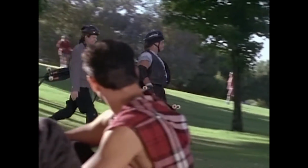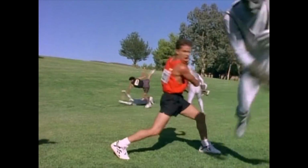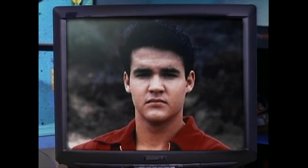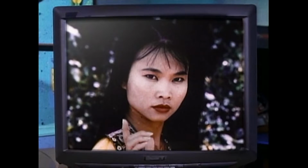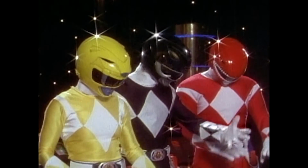The original Red, Yellow, and Black Rangers are relegated to body doubles or recycled footage, while these new characters meet and befriend and gain the trust of the remaining Rangers. Around the same time, we start hearing about an upcoming youth conference on world peace to be held in Switzerland, and eventually we learn that Jason, Zach, and Trini have been selected to represent the town of Angel Grove at this conference. They eventually leave for Switzerland, Rocky, Adam, and Aisha take their places on the team, and we never